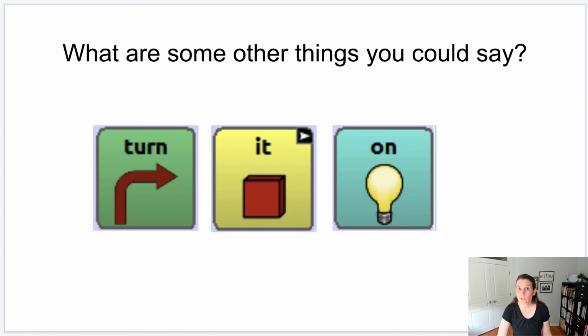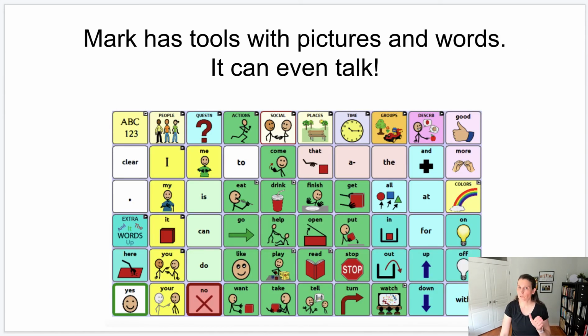Something else that I think is really fun, and this only works for certain high-tech devices, but it's one of the reasons I like Word Power 60, and Proloquo has it as well. And actually, if you were to use LAMP Words for Life, you could do it as well. But you look at the categories, right? And you say, oh, look at this category. These are the people. So if Mark presses this on his talker, what do you think is going to come?